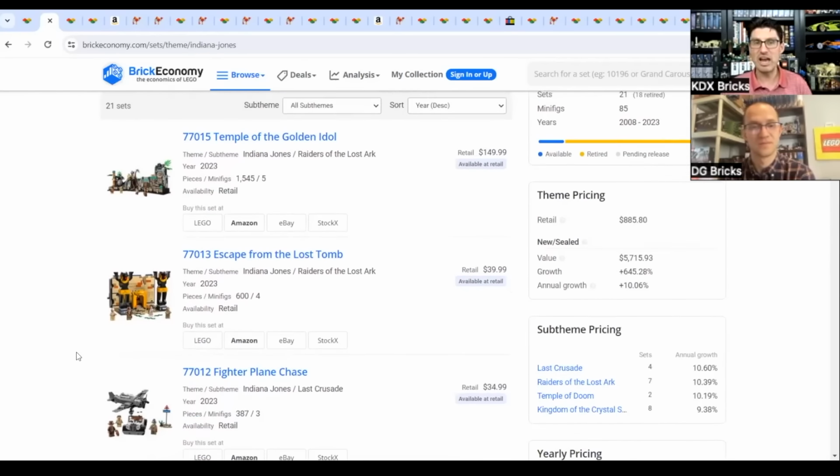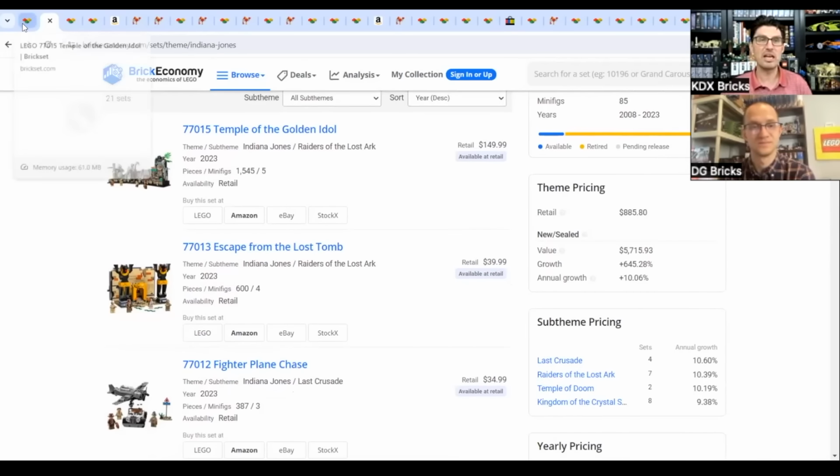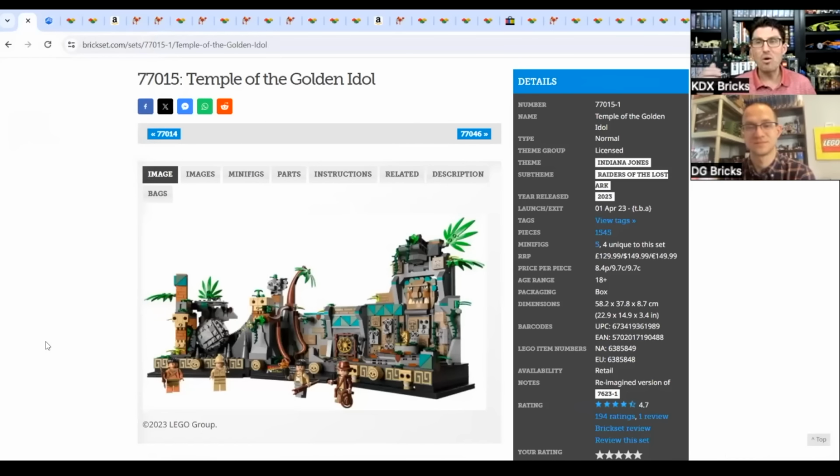Right now, we just have these 3. The most recent Indiana Jones movie wasn't that good. Although I personally love the set, and although I see that Indiana Jones has had popularity in the past, I'm wondering if that popularity is going to keep transcending generations or if we're about to see it die out. And that's what I'm worried about. So even though this is a fantastic set, I'm worried that there's just going to be no demand for it